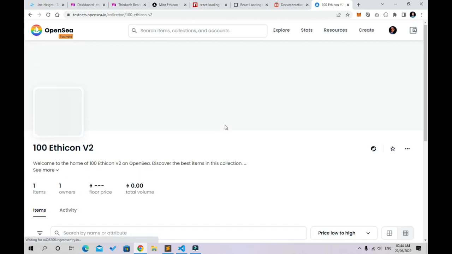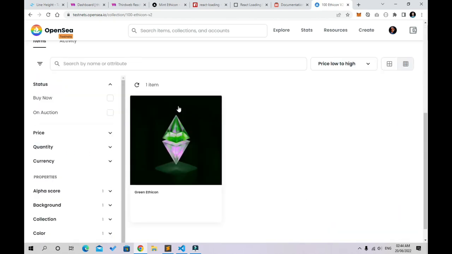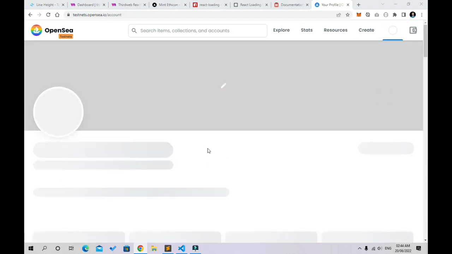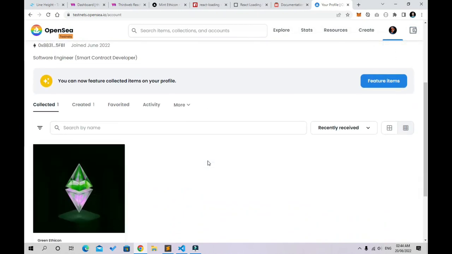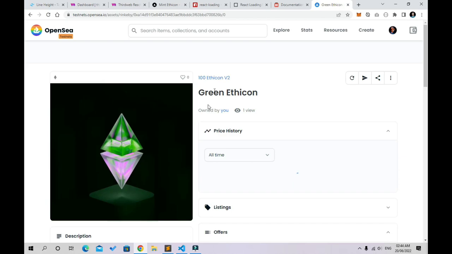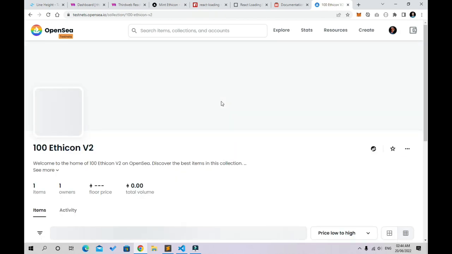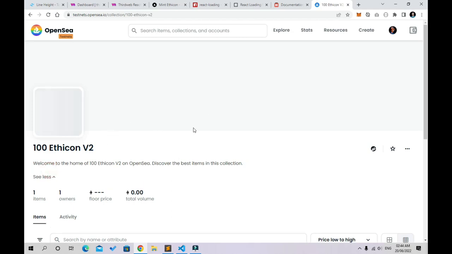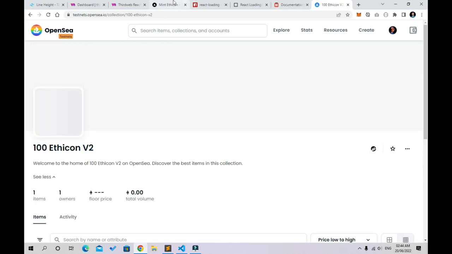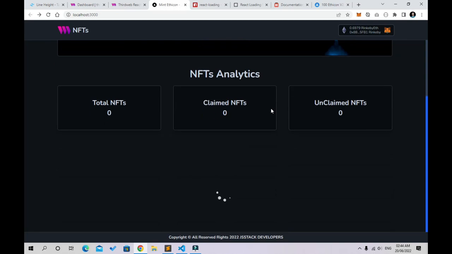and everything should be displayed, but it's not displaying. Don't worry, go to my collections. In there we have our collections and this one. Okay, and entered Ethicon version 2. Maybe there's some error, therefore nothing is displaying. Don't worry, look at that, we have one item, one order, and floor price available. Okay, great. So go back to our website,